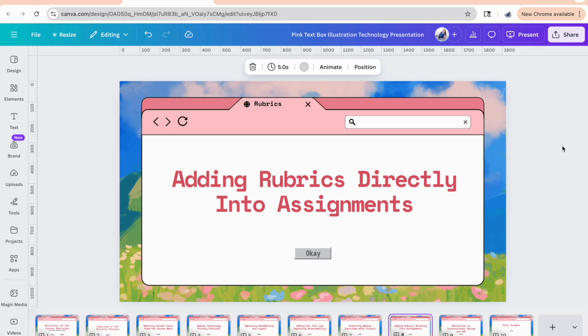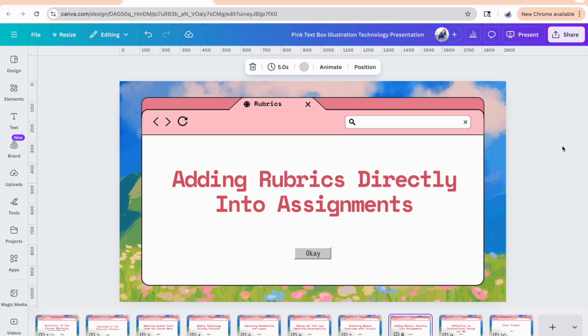Another way we improved our course was by adding rubrics directly into assignments and into our Canvas workshop. We integrated the rubrics directly into each assignment within Canvas. Both Oscar reviewers praised the clarity of our rubrics, but embedding them right into the assignment makes everything even more transparent. Students can now see the criteria before they ever start working, which really strengthens the alignment between our objectives,